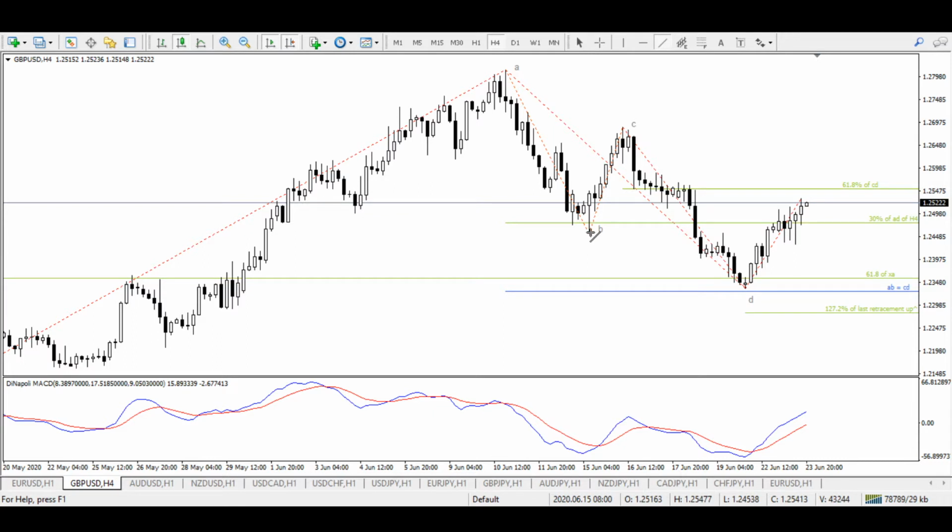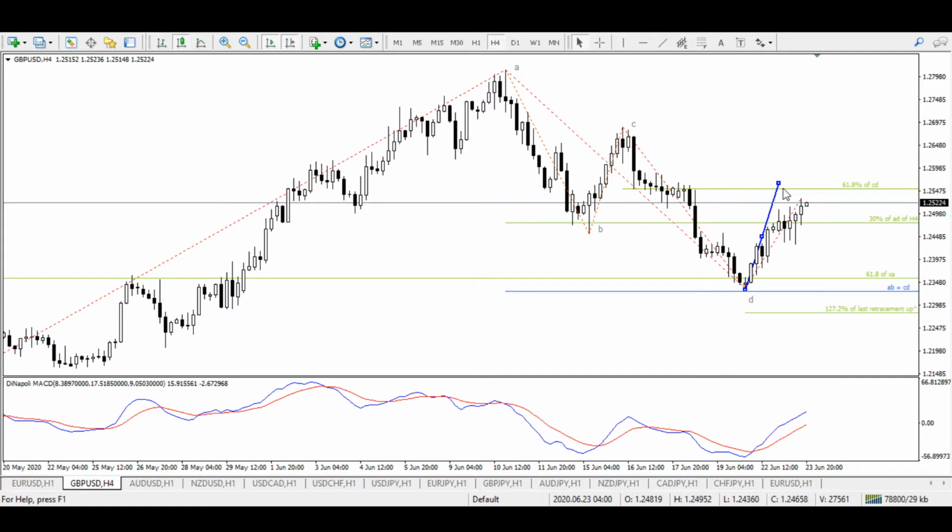For example, let's measure the length here. This is the length and the angle of BC, and if we put the same line here, it will look like this. So it's kind of equivalent to this 61.8% retracement. And if price goes here and somewhere around this area, if it makes a bearish candle pattern,